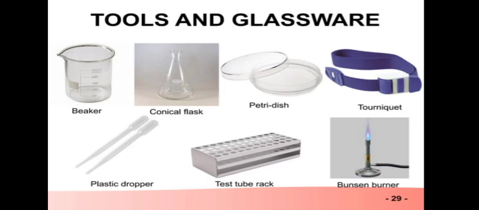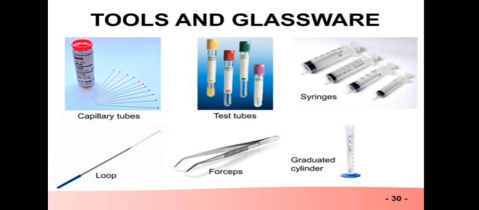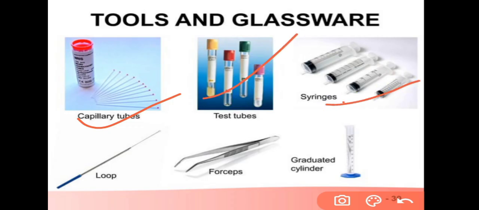The tools and glassware: you can see the different types of tools and glassware we are using. See, these are the capillary tubes. Okay, these are the special tubes. Okay, these are the syringes, these are the forceps, these are the loops, and these are the cylindrical graduated cylinders. Okay,